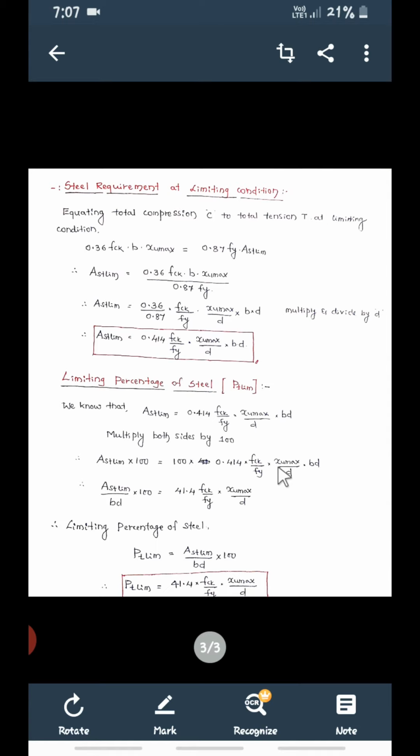Most probably in the next class we will start with some simple problems. We will try to solve simple problems where you can find the actual depth of neutral axis, the maximum depth of neutral axis, then the moment of resistance, then the moment of resistance at limiting conditions. So I hope you understood this. Please go through today's session once again and make important points of your own. This will help you solve the problems. If you have any doubt, feel free to ask me. I will help you, and thank you for attending today's session. Thank you very much.